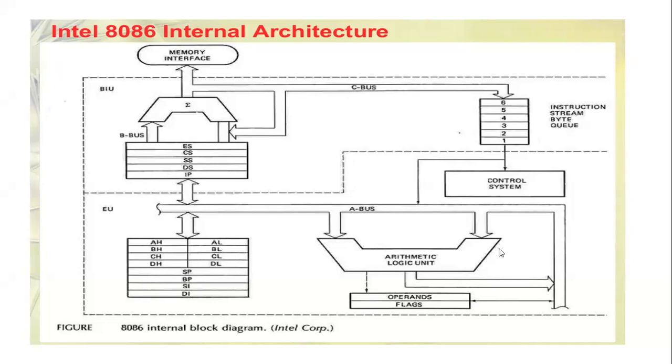Okay, next ALU. ALU is arithmetic logic unit, which performs arithmetic operations as well as logic operations. The arithmetic operations like addition, subtraction, multiplication, and division, and logical operations like AND, OR and NOT operations. Next, here we are having flags. There are different flags like flag registers, conditional flags. Here, flag register is a 16-bit register which will behave like a flip-flop. It changes its states according to the result stored in the accumulator.